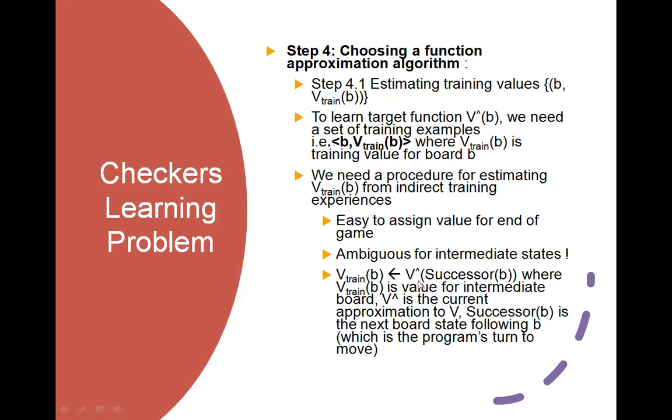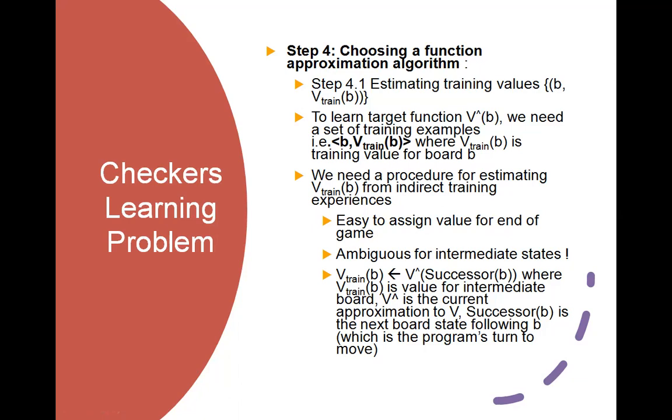In reinforcement learning also we have done this: when you go from one state to another state, you go on calculating the rewards, and then in reverse order you reassign the rewards. Same thing here: the board state depends on the successor board state. You have to calculate the value of the successor board state and then assign it to the previous board state. It will be calculated and updated like that. So this is how a checkers training program works.